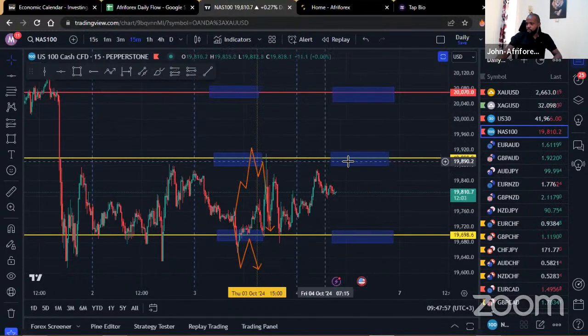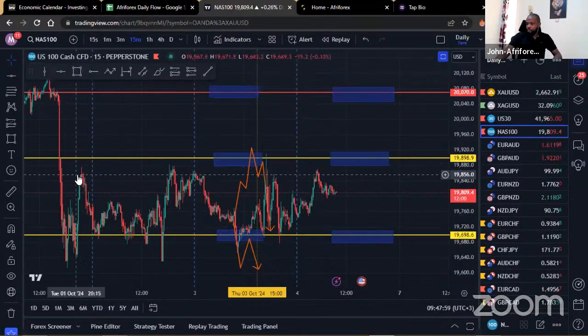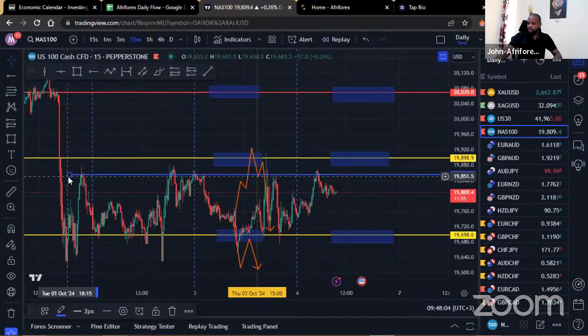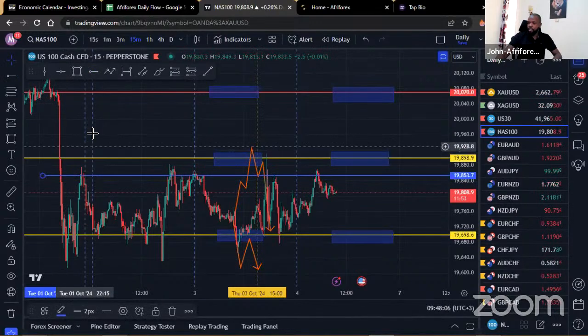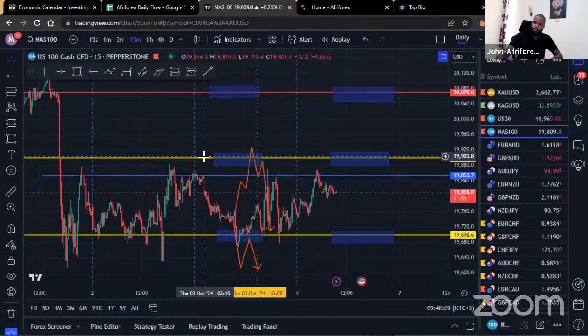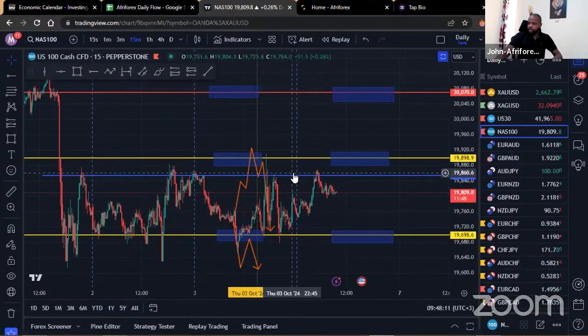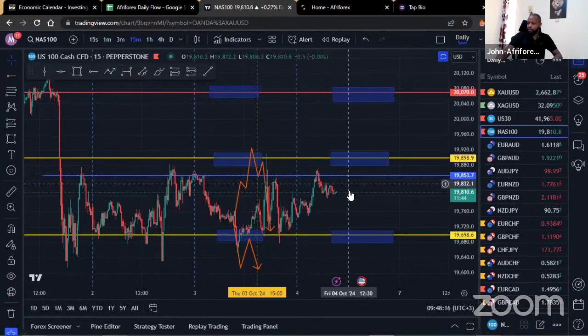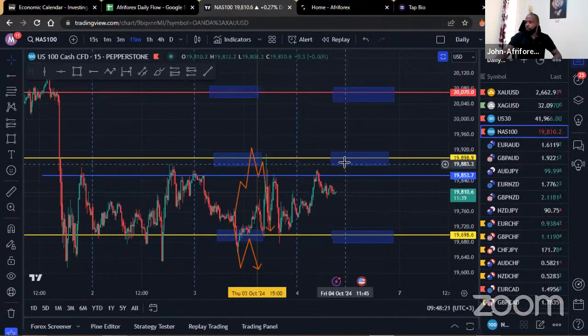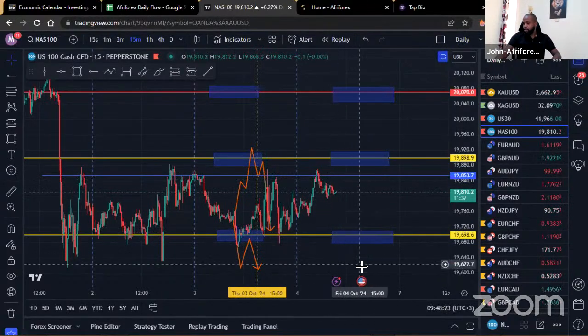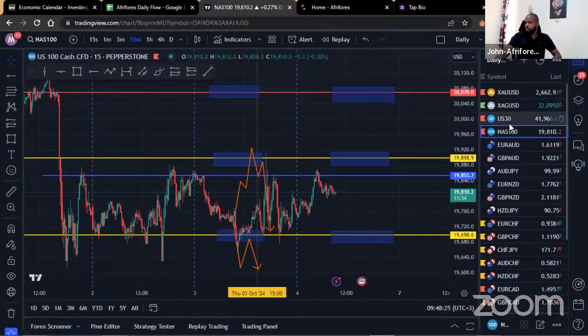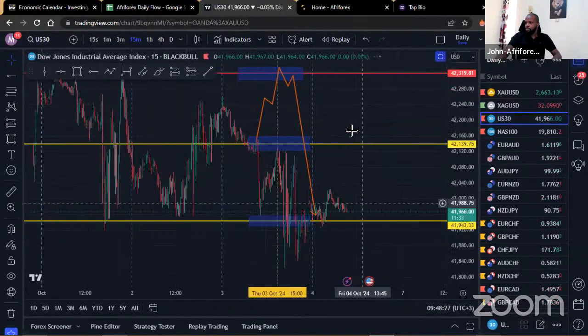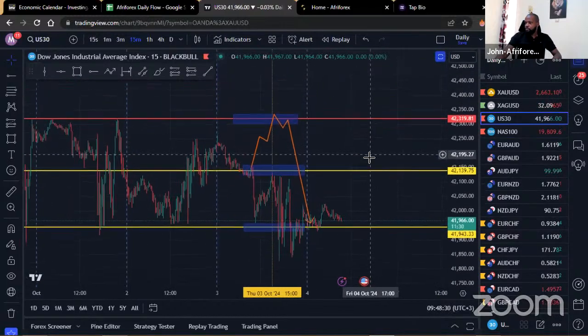Of course, the best selling opportunity still lies somewhere within here, but there's also some sort of an SNR within here. In fact, it looks like true SNR could technically be somewhere within this region right here. This level that we have here is more visible on the bigger time frame, but generally you can see that the market is ranging within there. So you generally want to get your sells as close as possible within that area, so that when the market comes down, at least you will have sufficient room to make some good gains. And also, in case the market breaks beneath this region to the downside, then at least you could keep up with the selling opportunities. So that's pretty much it for the NAS 100.